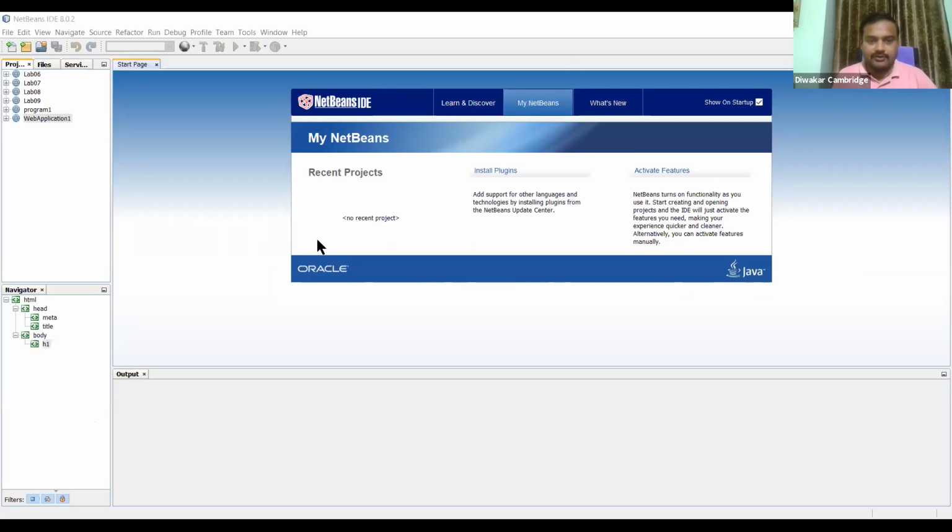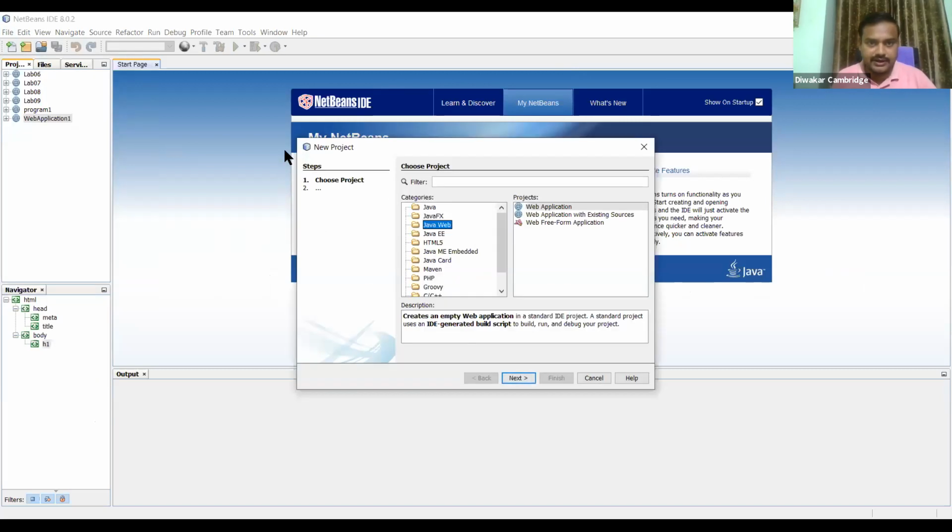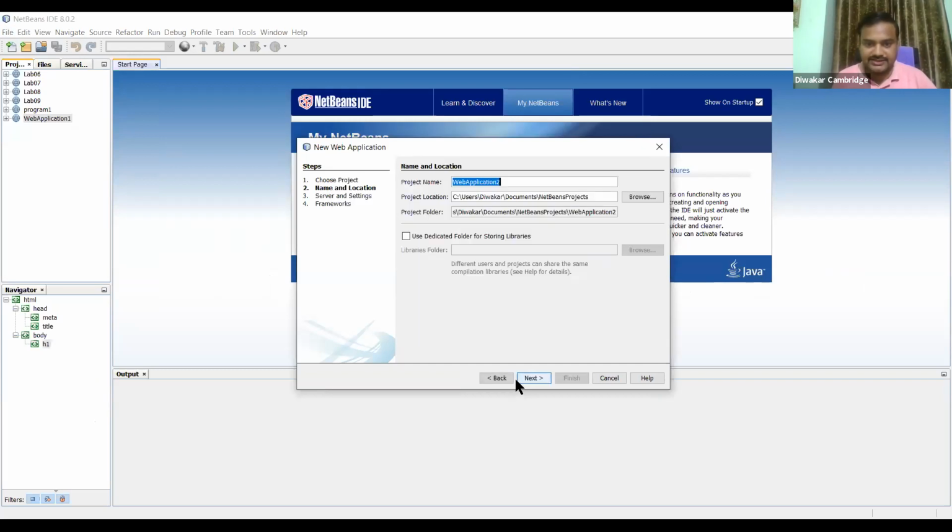First you have to create one web application. How to create a web application in the NetBeans editor? You have to click on File, New Project, then Java Web Application, then click Next. Then you have to rename your project.